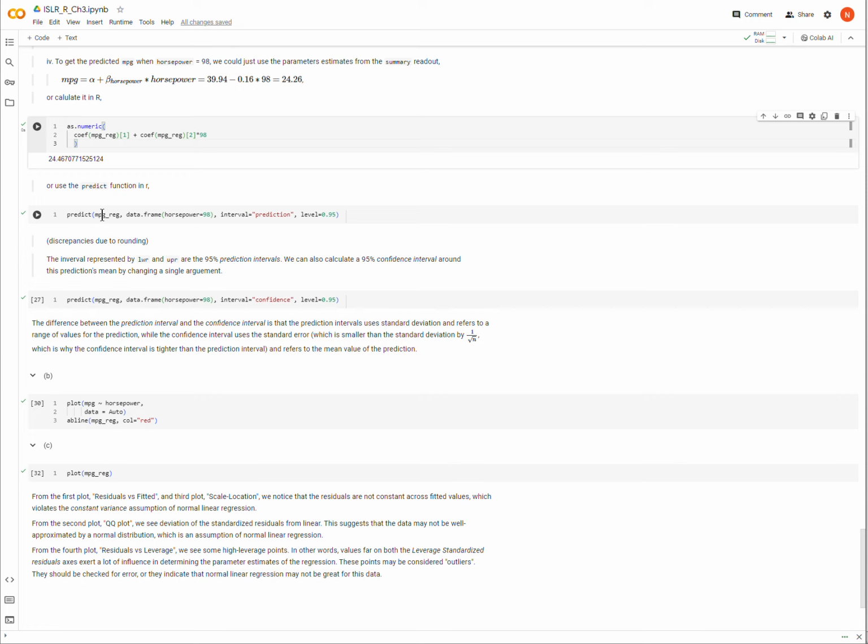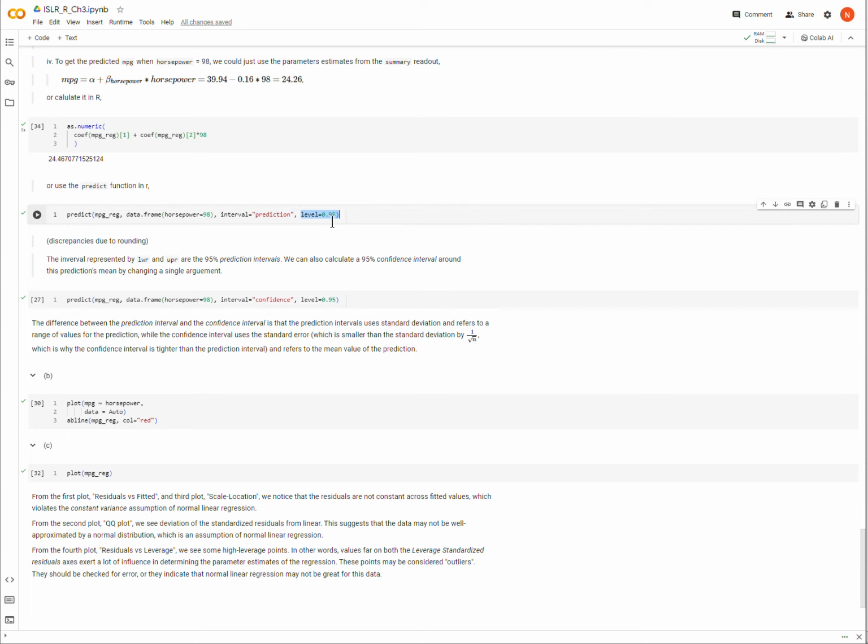And so I'm going to predict this, right? I'm going to use this model, and I'm going to use this as my predictor. So I use a data frame, horsepower equals 98. And there are different types of intervals. We'll see another one here in a minute, but we are using the prediction interval. And this is going to give us a